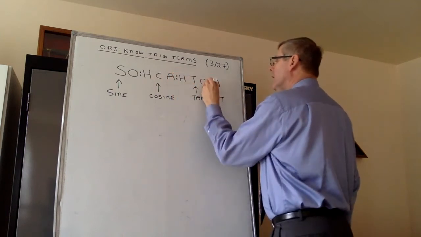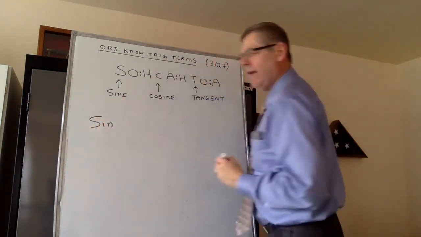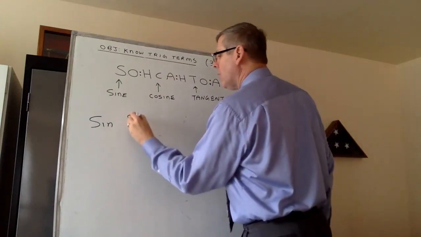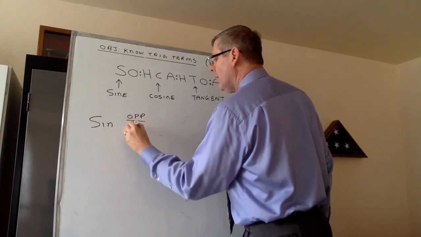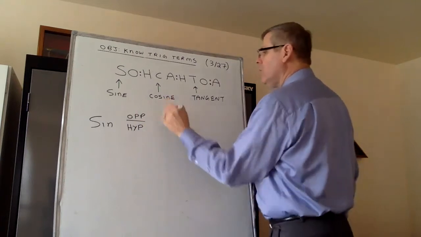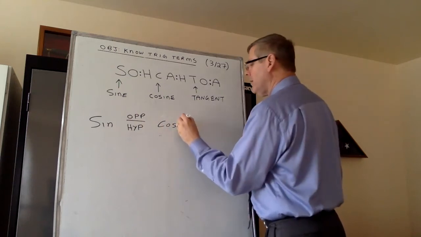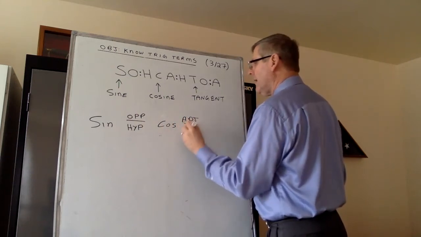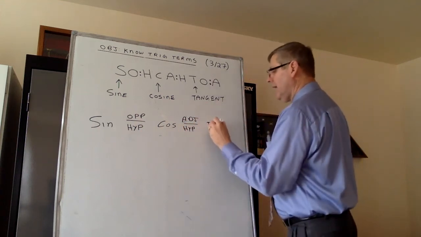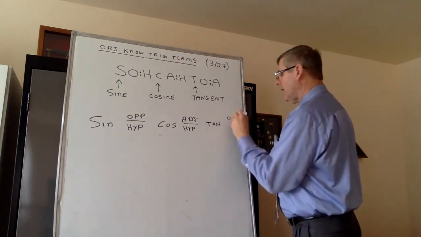Being a ratio there. Because we define sine, we abbreviate it in mathematics as SIN. But what sine means is it's the ratio of the opposite side over the hypotenuse, just like the example we just did. What cosine means is we abbreviate cosine as COS, and it means the ratio of the adjacent side over the hypotenuse. And tangent, we abbreviate as TAN, and it is nothing more than a ratio of the opposite side over